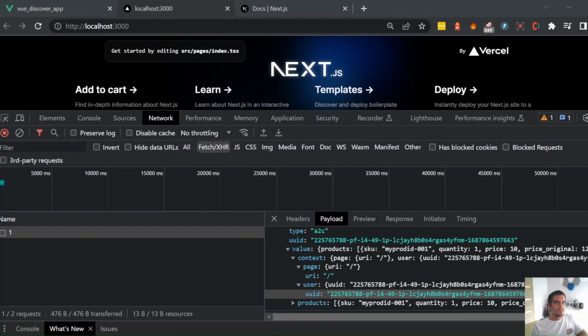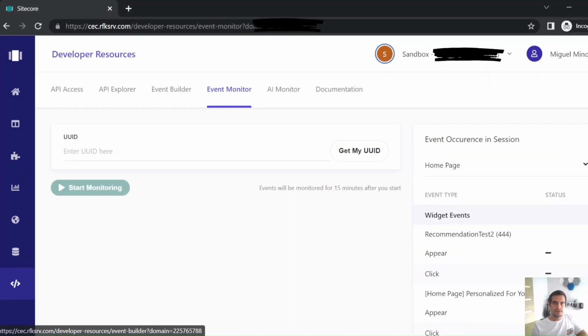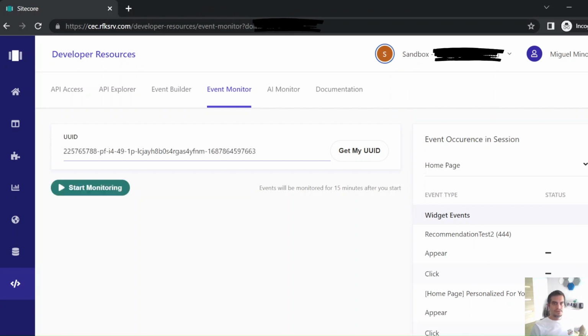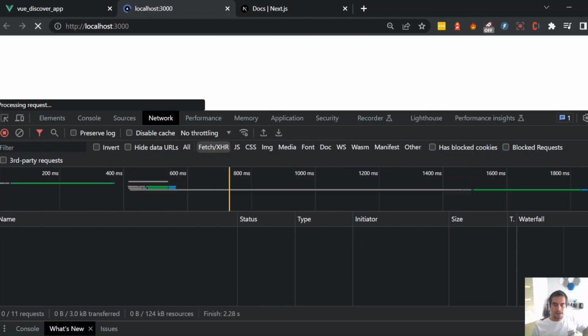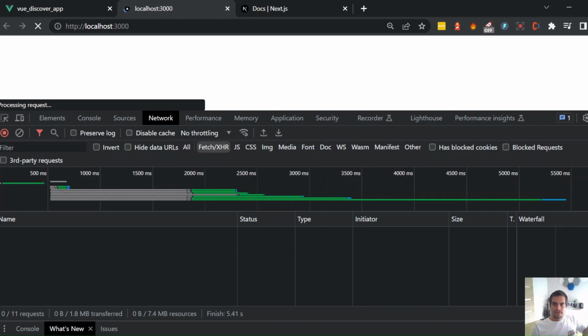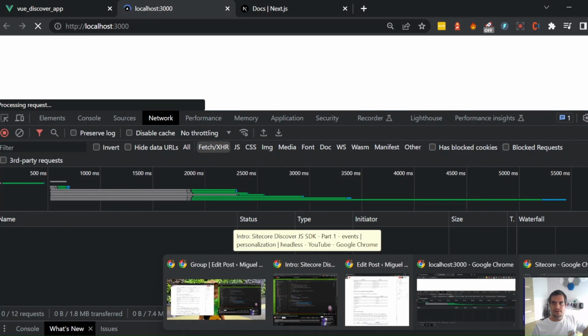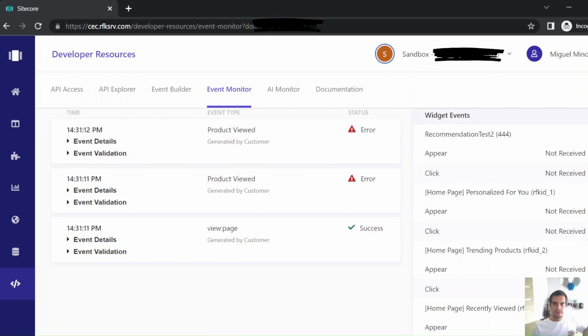So if I go to my engagement console, you will see that we have the event monitor where we can paste our user ID and start monitoring. While we are monitoring, I will first reload the page. So I get my view PDP event, and then I will click on the add to cart so we can also see this event that we are triggering actually. So let's get back to the, yeah, you can see the event is triggered here, the page view